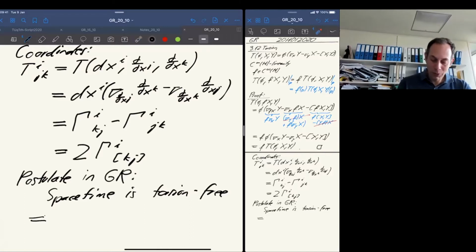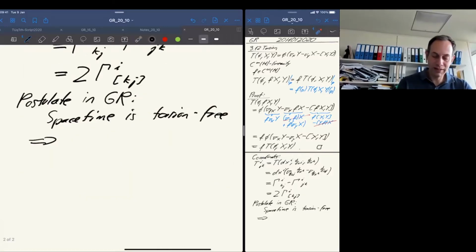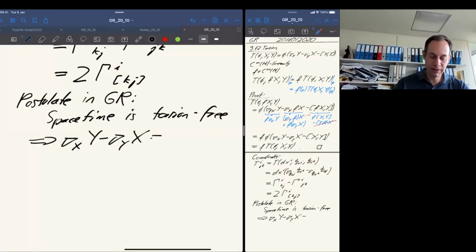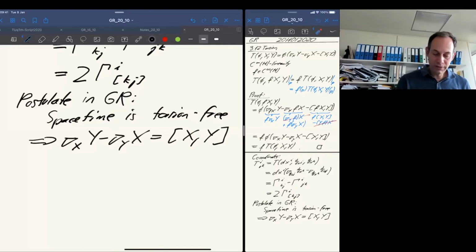So, because that's an important postulate, I just write down the obvious implication. It means that whenever we have such a combination of two covariant derivatives, we can replace them by the Lie bracket. That's obviously a consequence of torsion being equal to zero. Or in coordinates, if we introduce coordinates and write things down concretely, what it means is that the